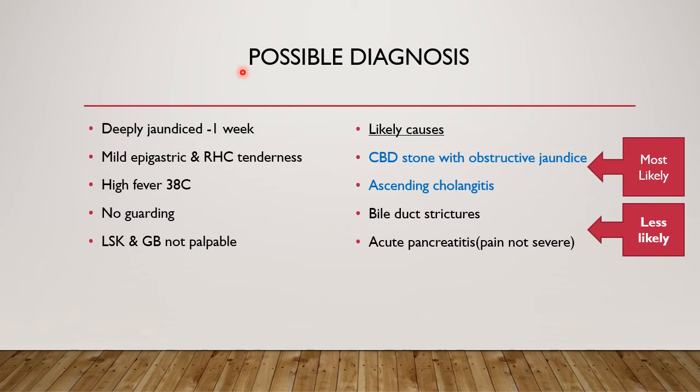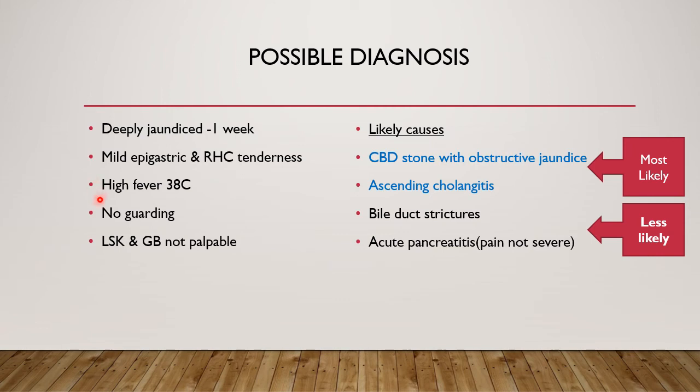Now, with the findings that we have at hand, let's look at a possible diagnosis in this patient. Here is a young lady deeply jaundiced for a week, with fever and feeling unwell for about 3 weeks. There's mild epigastric and right hypochondrial tenderness, and with high fever. All these three features suggest that she may be having some form of infection of the biliary tract due to